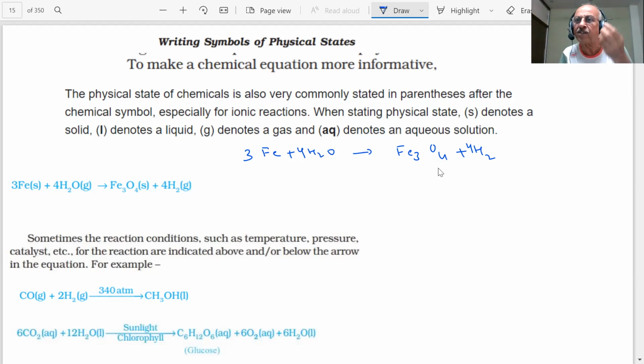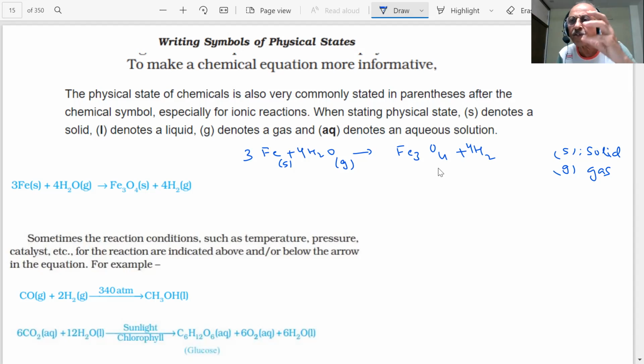As you know, water can exist in solid form, in liquid form, in gas form, and energy is required to convert solid into liquid and liquid into gas. Therefore, students, the information is not complete in this equation. But if I say iron is in (S), in the parenthesis, S stands for solid, that iron is in solid state. And if I write water, here you can see water is written as (g). That g stands for gas.